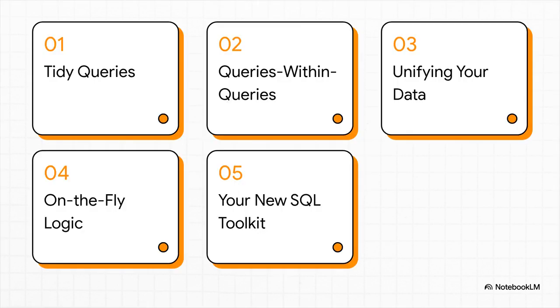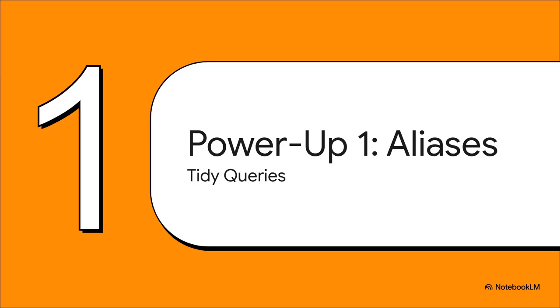Here's our roadmap. We're going to grab 4 power-ups. First, we'll get our queries looking clean and tidy. Then, we'll dive into queries within queries. After that, we'll figure out how to unify our data, and finally, add some on-the-fly logic. Let's do this. All right, first up, power-up number 1 is all about making your code clean, readable, and, frankly,